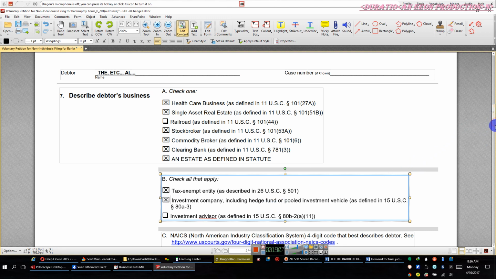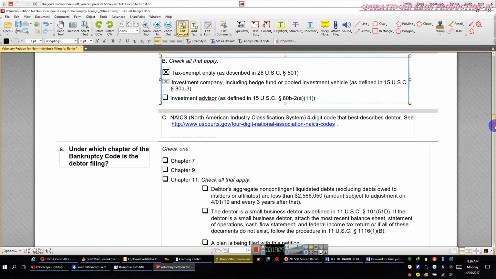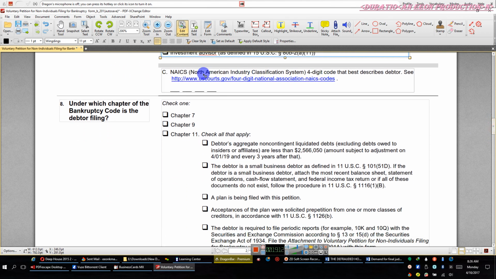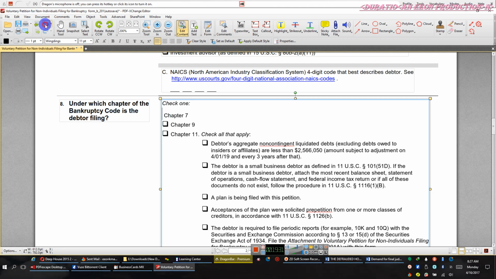Now, we're going to go down. Ladies and gentlemen, we've already done this once. The last North American industry classification, we don't need to fill this out, gentlemen, ladies. Okay, what one are we following? Well, we do 7 to get rid of all of the estate's debts. Uh-oh, did that wrong. Gotta undo that. Shift and X. Okay. Debtor. No, this is for chapter 11. So we're not gonna do chapter 11. Okay. We're gonna do a chapter 7.